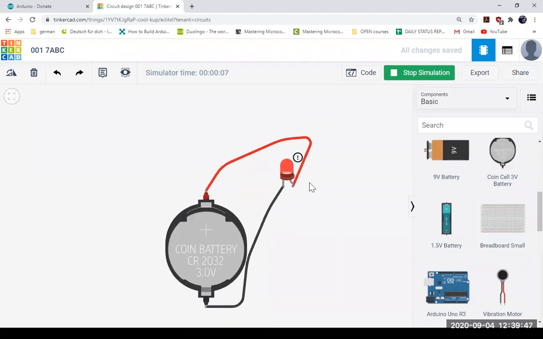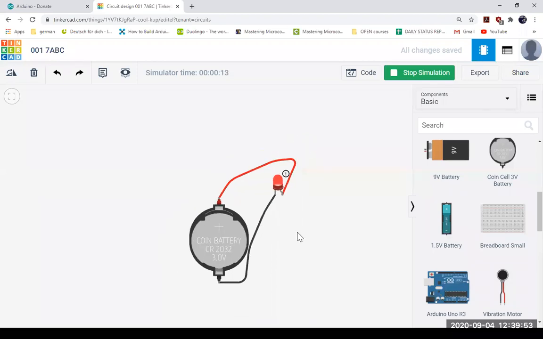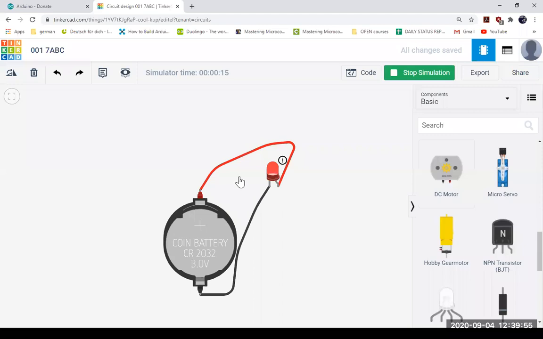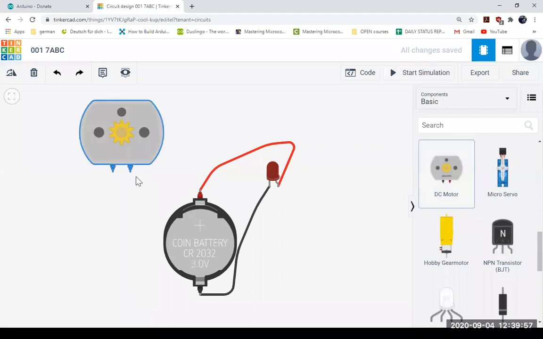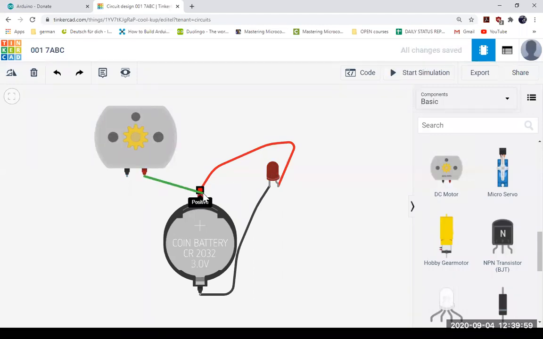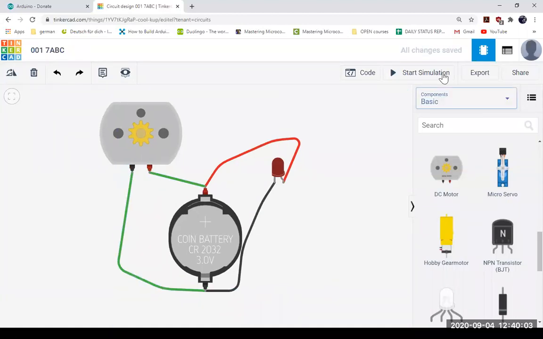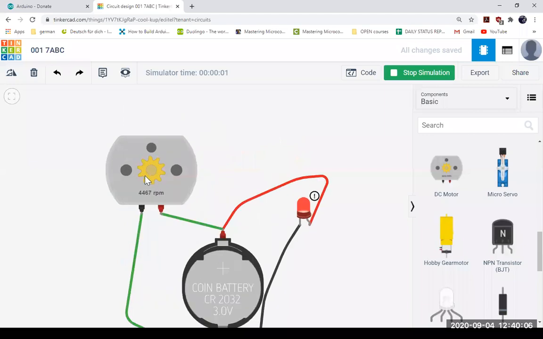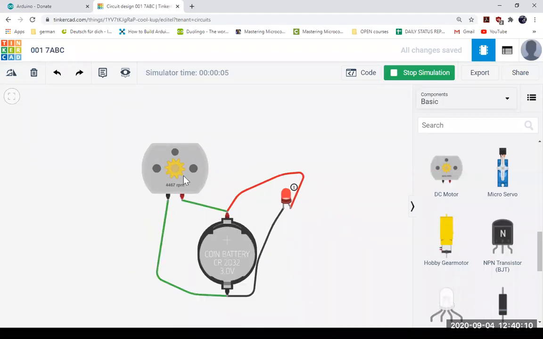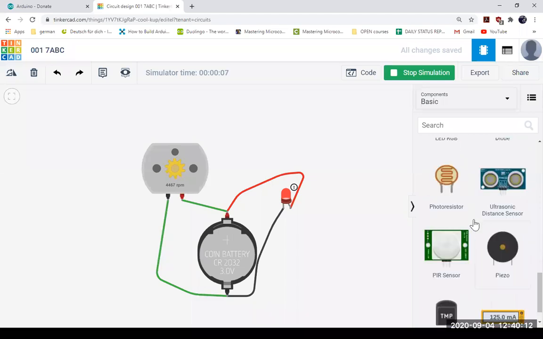These small things, for which we don't need any programming, you can also do this kind of thing, right? If you want to connect a motor, drag and drop this motor and play around with it. Connect this motor to any of the terminals and try to simulate it. So the motor will also run. This kind of thing you can do, okay? There are many things you can connect, right?